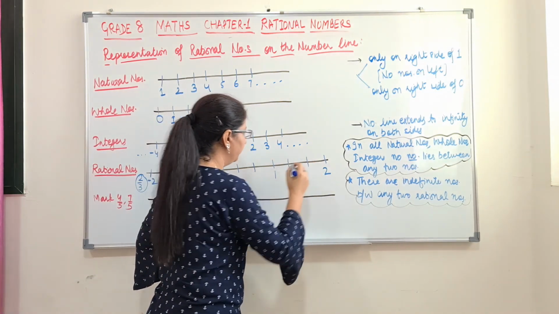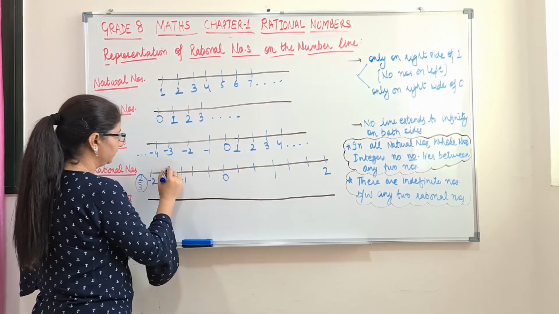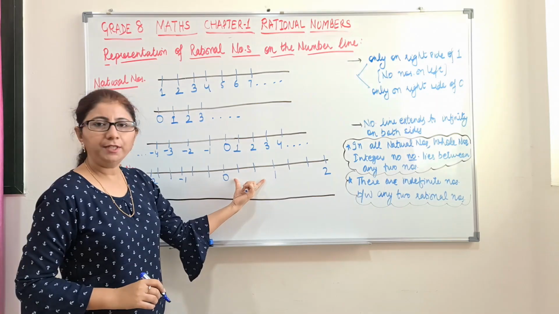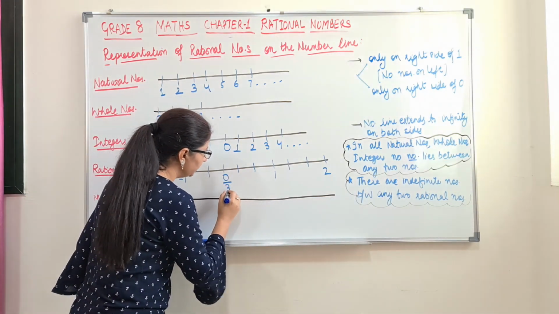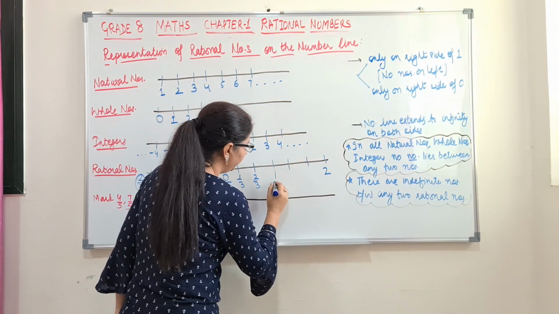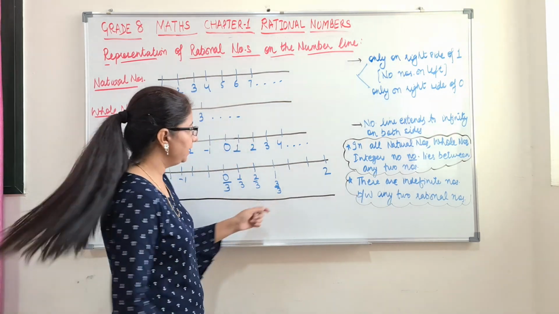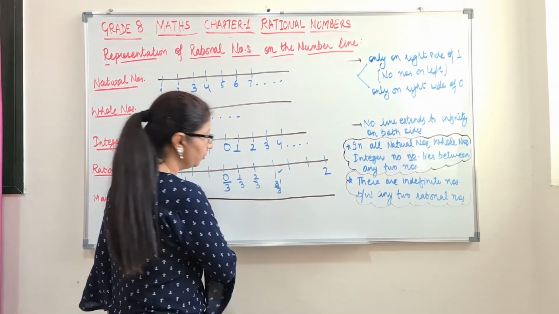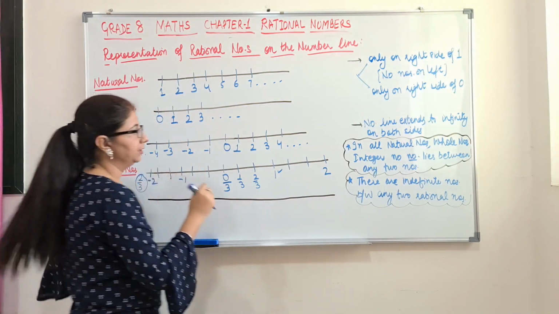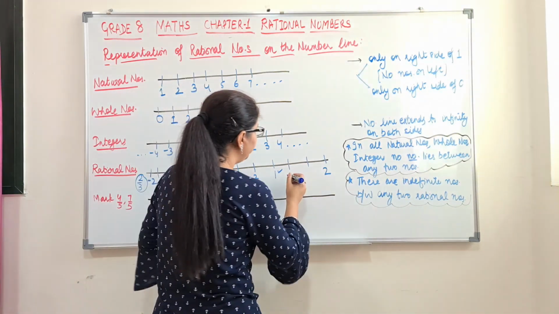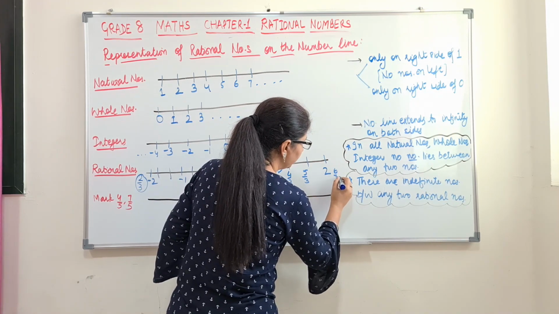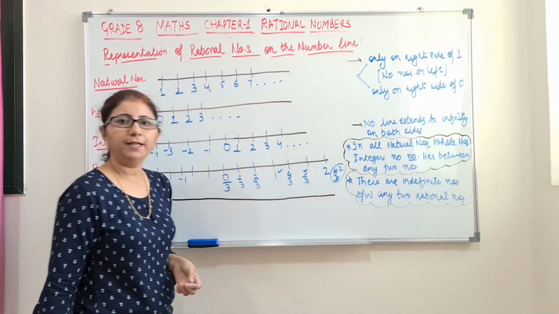Same in the remaining number line. So after this 0 and 1, we will have 3 different numbers. How to do that? This is 0 by 3. This will be 1 by 3, 2 by 3 and here it should be 3 by 3. And this 3 by 3 will get cancelled and give me 1. So that means in between we will write our numbers in the increasing order. So here it is 3 by 3. What should be here? 4 by 3, 5 by 3 and this should be 6 by 3. When you cancel it, you will automatically get 2.